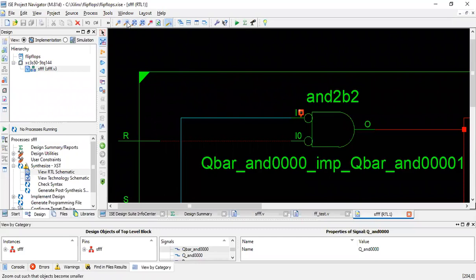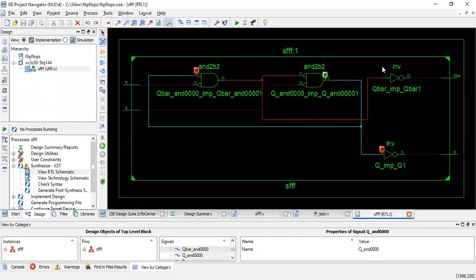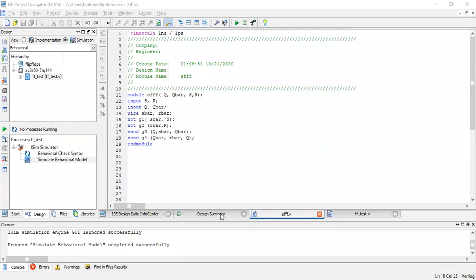And if we minimize the design, we can see that it is a NAND gate, and this is nothing but a bistable element which we have. Two NOT gates, we have the bistable element, and we are implementing that to obtain the SR latch. Now let us see the results, the timing diagram results. This is the timing diagram we have got for the SR latch.